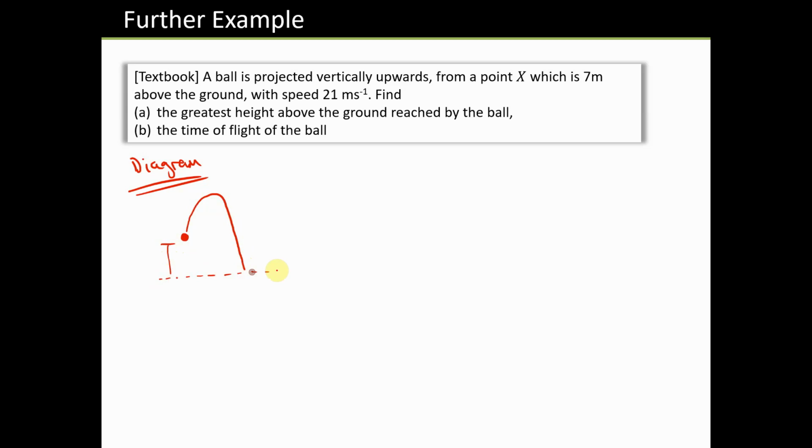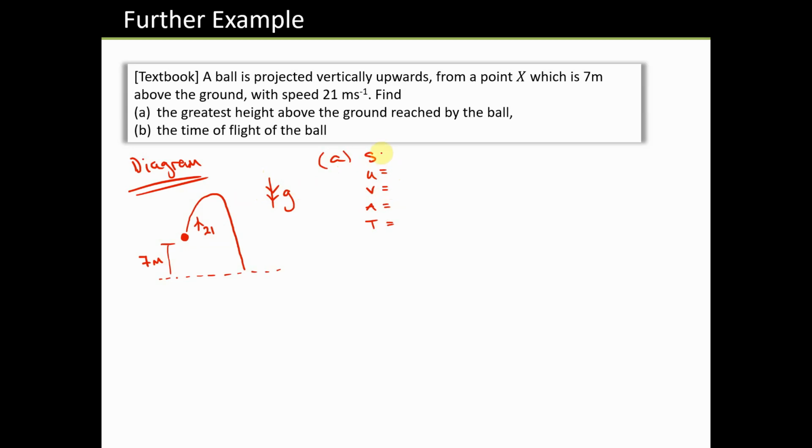So if this is my ground level, they've told me that I'm 7 meters above the ground, and I'm being projected with an initial velocity of 21. The one thing I want to label on here again is my gravity pointing downwards. It's always good to label stuff on here, then you don't end up forgetting it. So let's set up